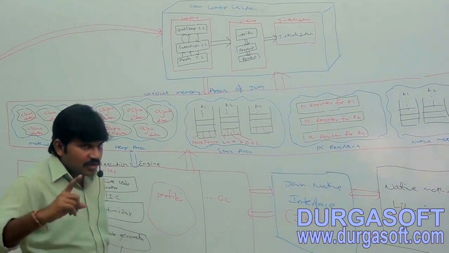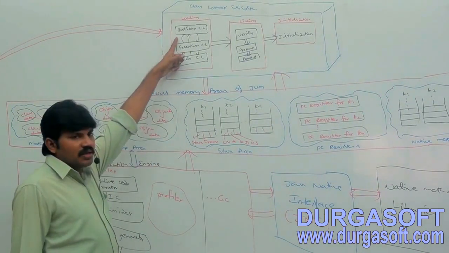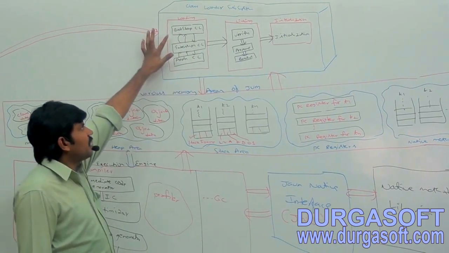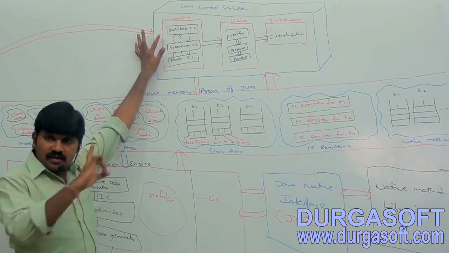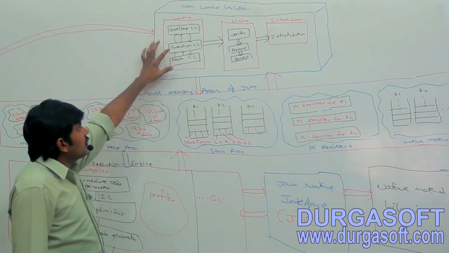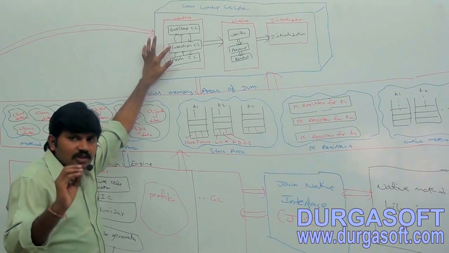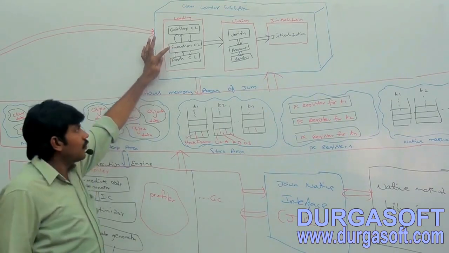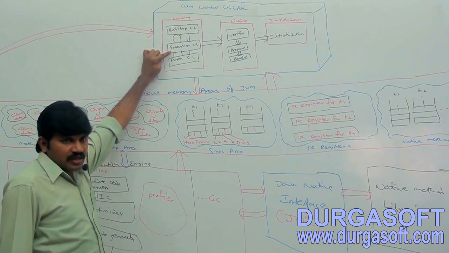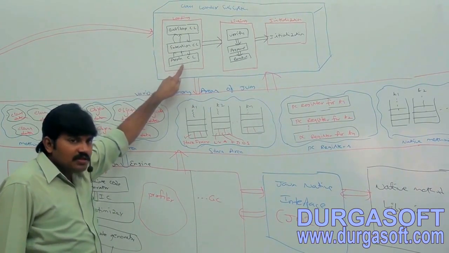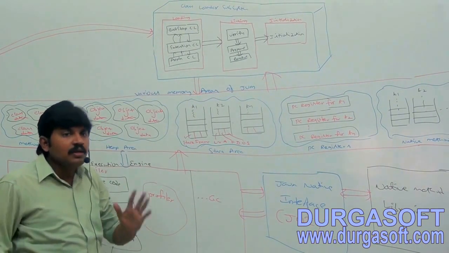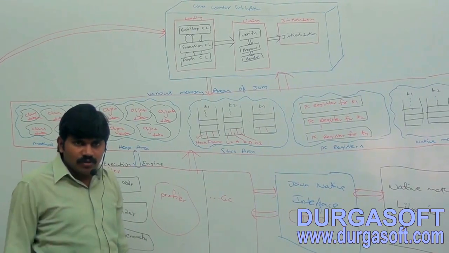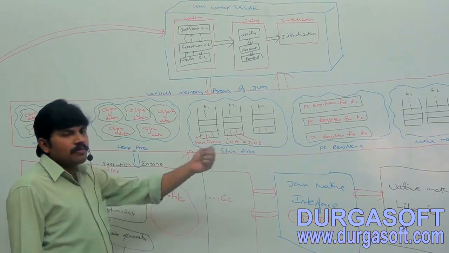All core Java API classes, which class loader is responsible to load? Bootstrap class loader is responsible. All core Java API classes are taken care of by Bootstrap class loader. Clear for all of you? Next one, extension class loader. The classes present inside the ext folder, jdk, jre, lib, ext folder, extension class loader is going to take care. Application class loader is responsible to load classes from the application level class path, the environment variable class path we are going to set.